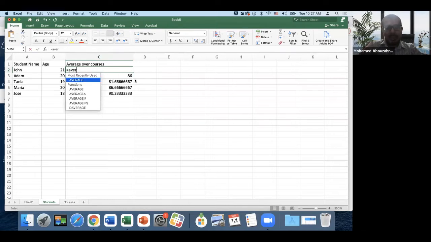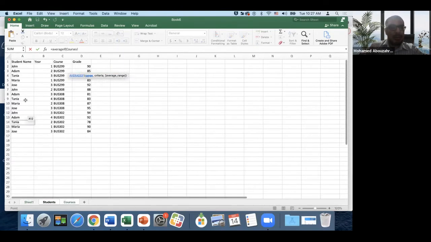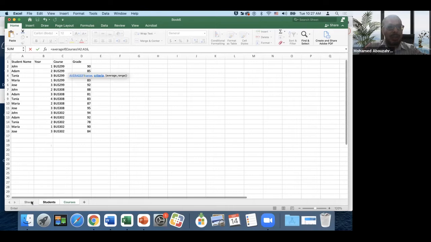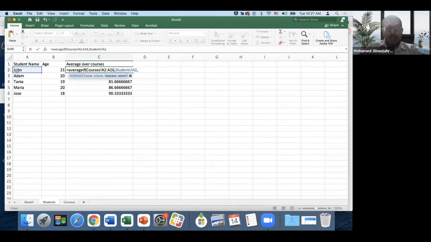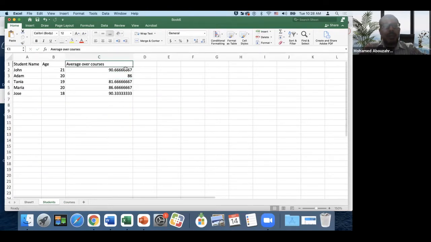So equals AVERAGEIF. Again, the first thing is the range that I am summarizing on. So this is the range, comma. And then the criteria is I'm looking for this student, John. And then I'm averaging the grades, so I'm going to select the grades data. Now, if I do this and drag it down,